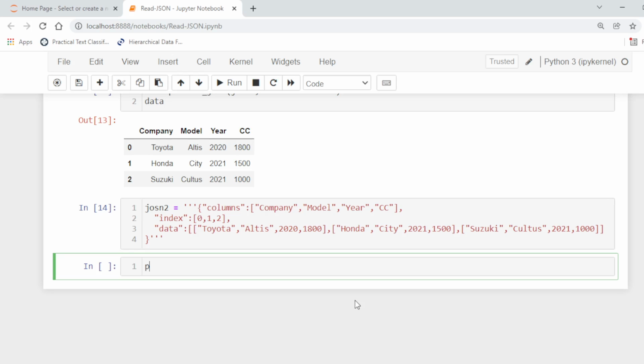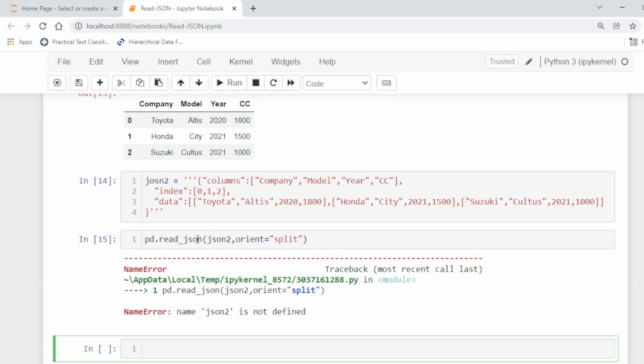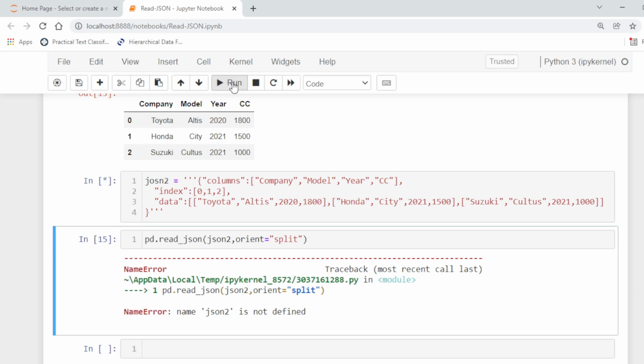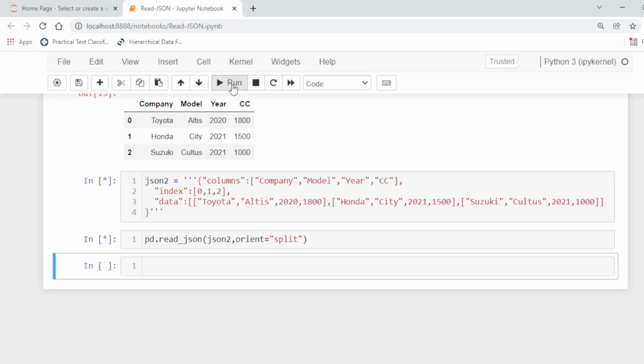For example, pd.read_json, json2, orient equal to split.